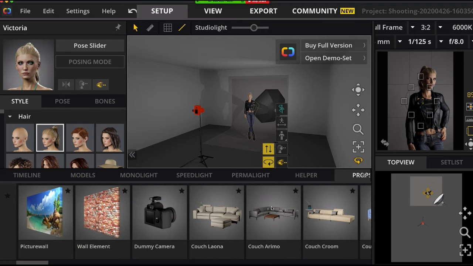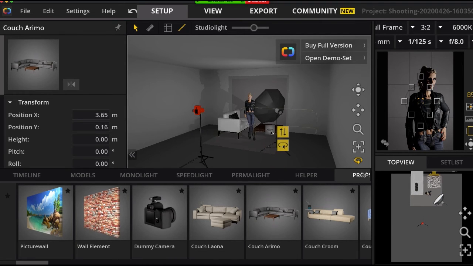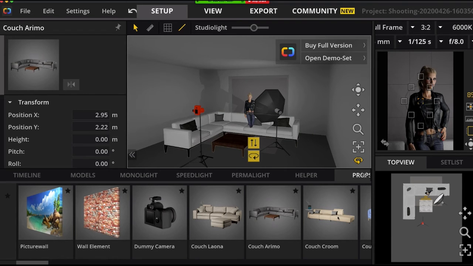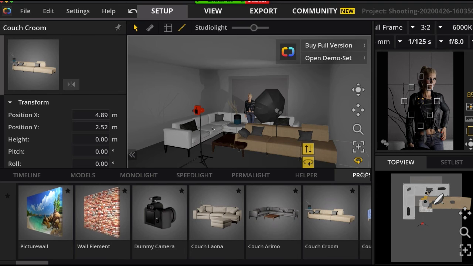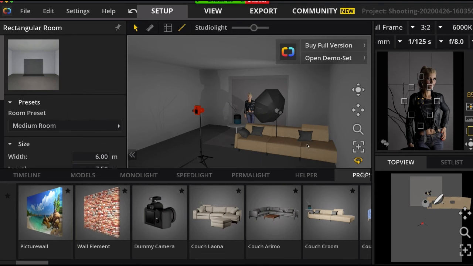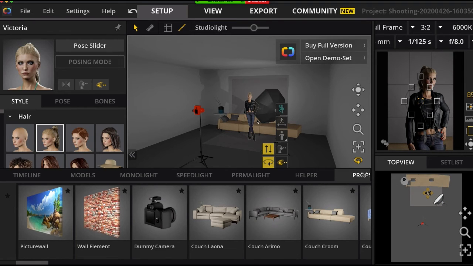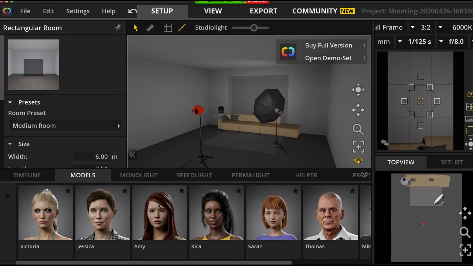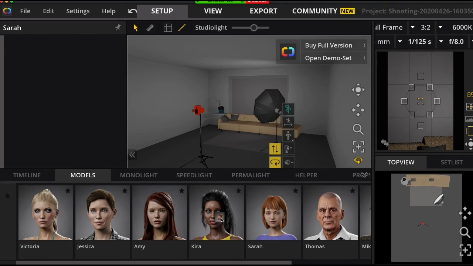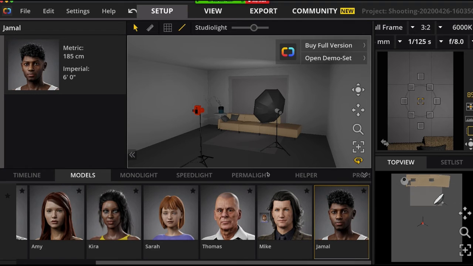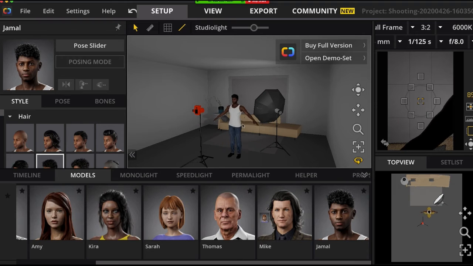Now at the same time, this is how it is. I can say, okay, I want to have a sofa put in here. Oh, this is too big. I'll just delete. Okay, I say sofa, and this model, okay, delete. I'm going to have a model, let's say this guy. Yes, show me stuff. So I have it in here.